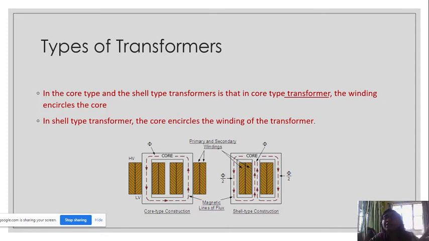So it is basically a magnetic circuit. The simple thing to understand about a transformer is that it is a magnetic circuit. That means it has a magnetic core within it through which the flux can pass. So the material of a transformer should have permeability, so that the flux will pass through it. Okay, and the EMF which is induced on the transformer, initially you put an EMF.